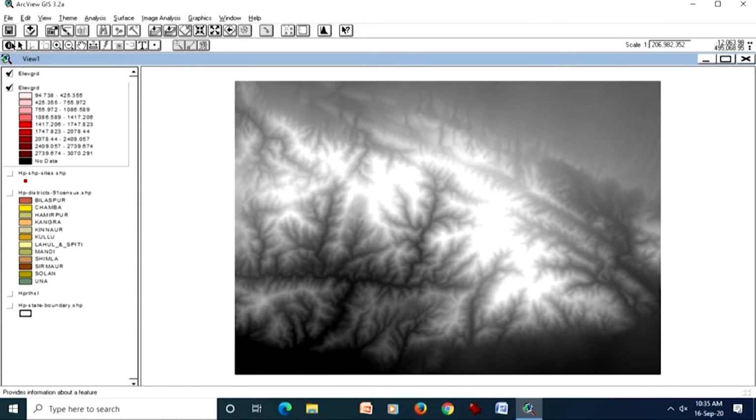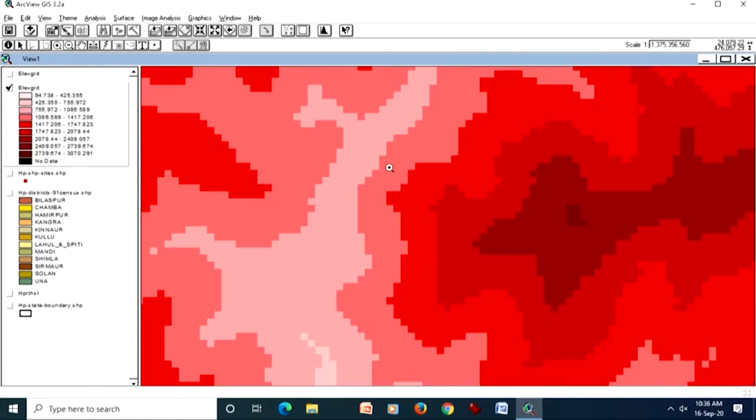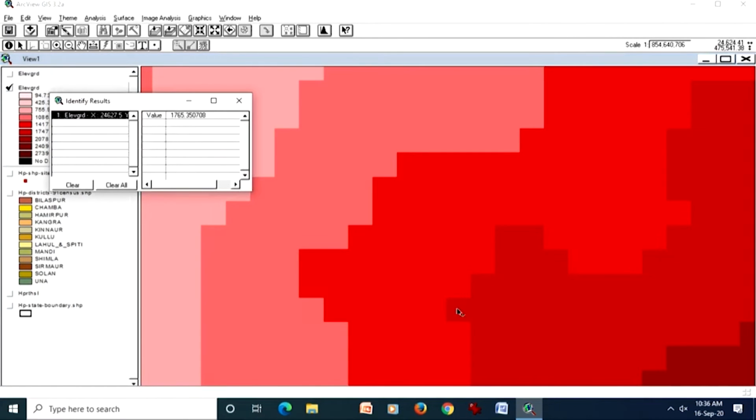Now, when I talk about the grid, let me zoom in on some part here and explore what the values are, because what really matters, the difference between image and grid, is that if I click here, this is one cell of my grid, which is more distinct. Say for example, if I click here, I get the value, and that is the real value I am getting in floating point, and the precision is very high, up to 6 decimal places. But many times, as you know, this is an elevation value. Elevation value cannot be stored